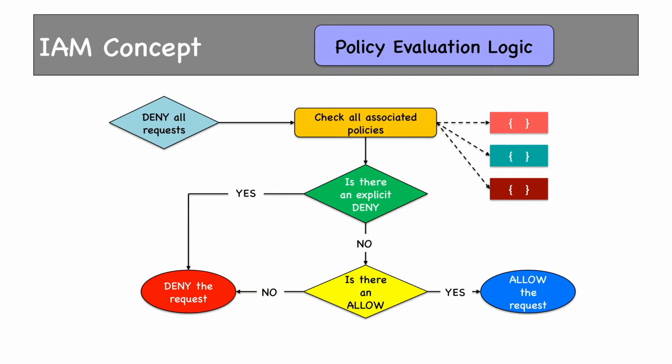I have talked about default deny and explicit deny. What is the difference? First of all, explicit deny is when you put a deny in the effect key of a policy document. Default denies can be overwritten by explicit allows. We have already seen this because by default every action is denied for a user. But the moment we attach a permission with allow on a certain action, that action is allowed. But if you create a statement with an explicit deny on a certain action, no matter how many allows you put in, that action will never be allowed for that user. Let's see this using a demo.